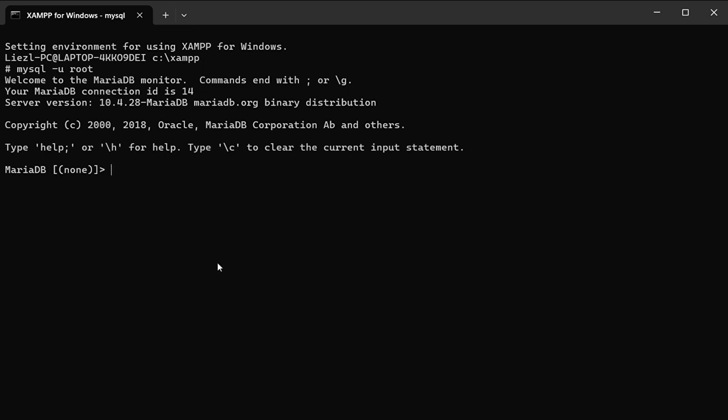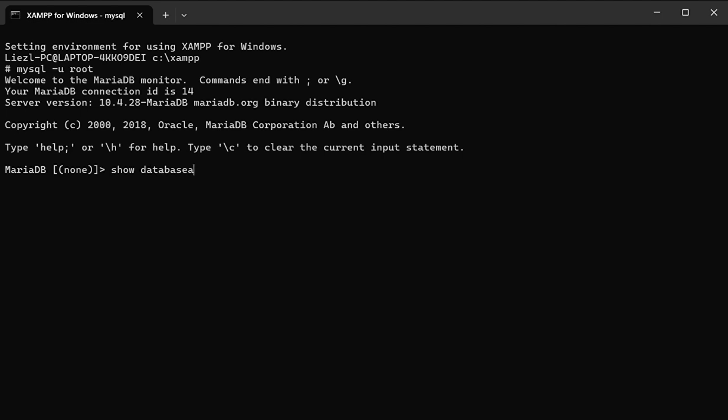Today's video tutorial is all about the SQL join, particularly the right join. Right join returns all records from the right table, or from our table 2, and matching records from the left table, or from our table 1. In this particular tutorial, we will be using an existing database.